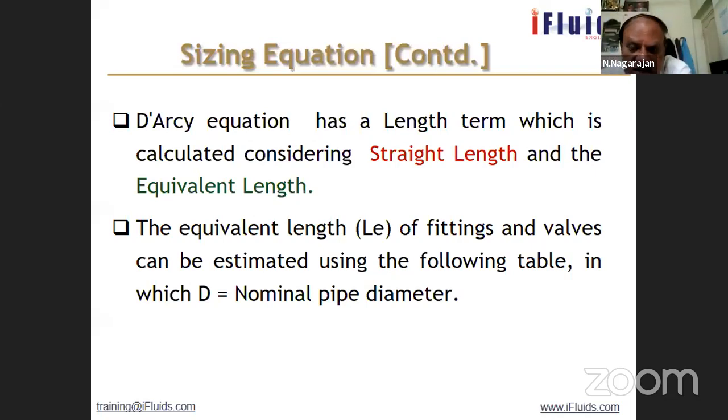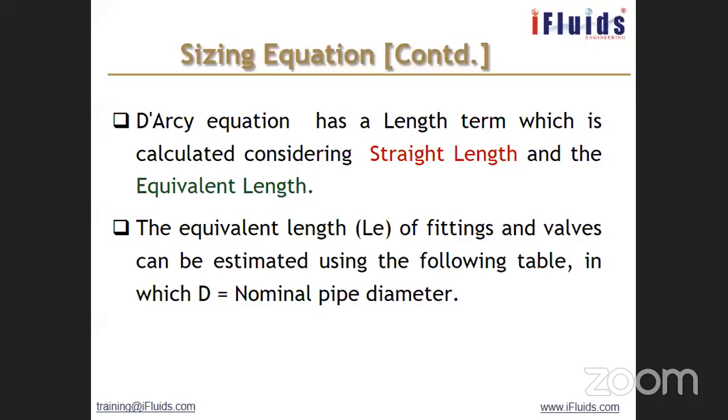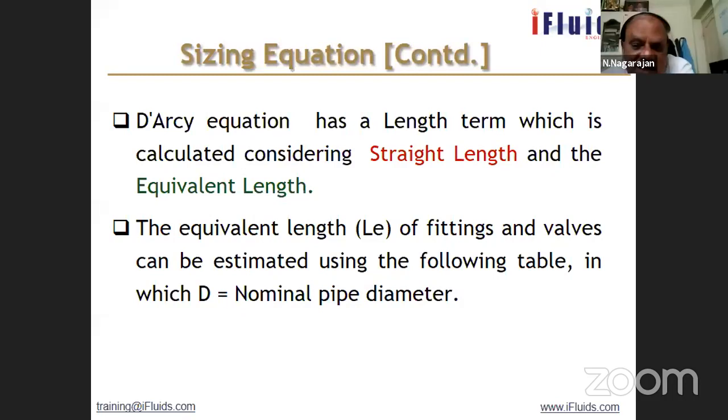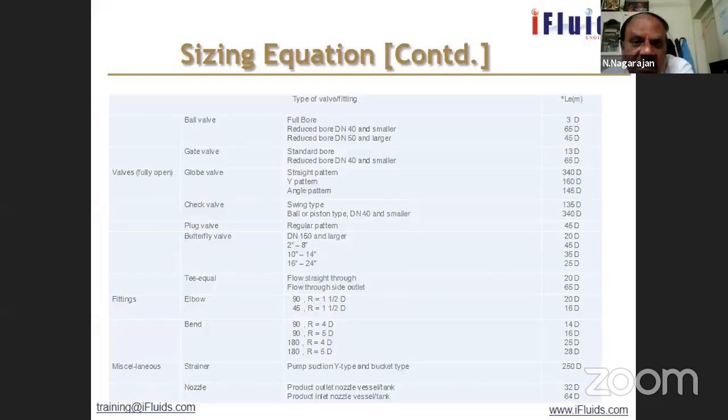I have already expressed this. For valves also we similarly have the equivalent length factor. If you have heard of the American Petroleum Institute standards, there is API 14E. API 14E has a table which tabulates the various types of fittings, size wise, and it tells you what is the equivalent length for each type of fitting. This is the table I am showing you, type of valve or fitting. A ball valve is equivalent to 3 diameters. You have to take 3 times the diameter as the equivalent length.